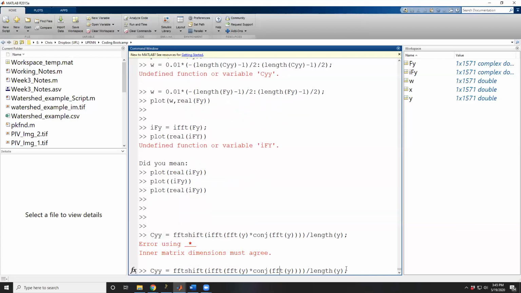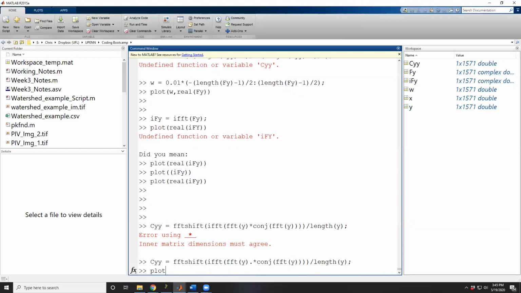Of course, because we're multiplying a vector by another vector here, and we want to multiply each element within the vector by its corresponding element in the second one, we add our period here. And now, if we were to plot what our CYY is,